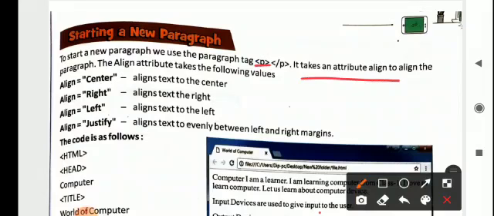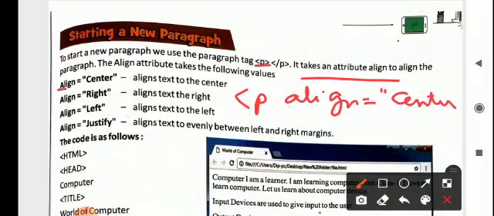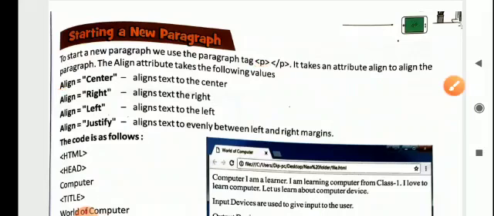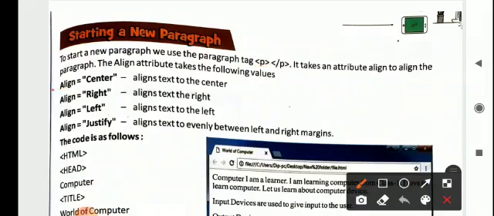For that you need to write this attribute within the opening tag of P only. You write P and then align equals to, and suppose you want center, you write center within double quotes and then close the angle bracket. This way you can have the alignment of your choice.